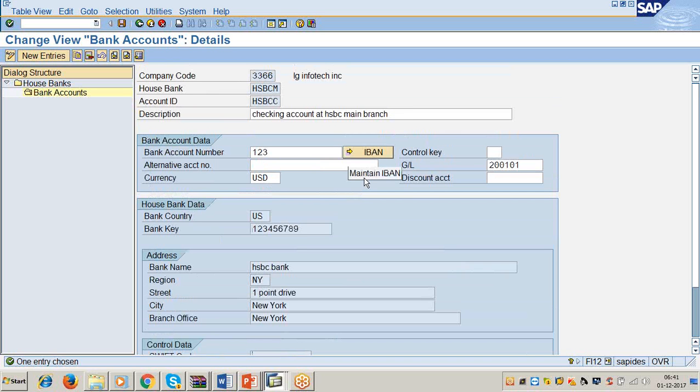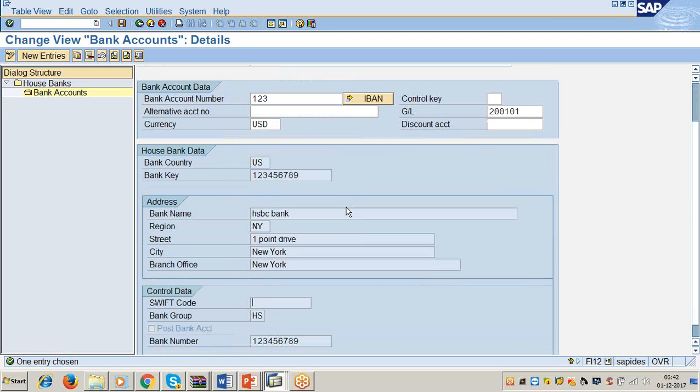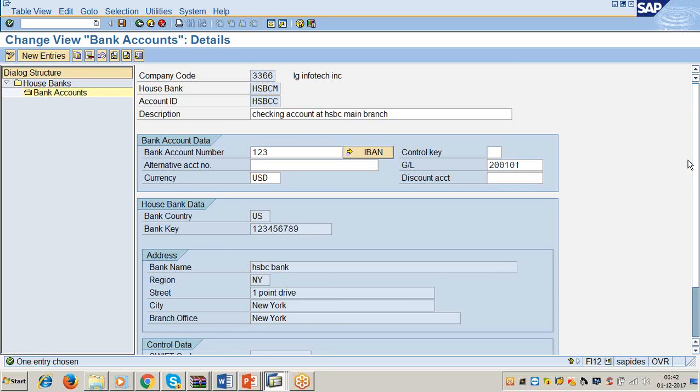In European countries, the IBAN number is used. So you cannot enter the SWIFT code there. If you are configuring for a client from any European country, you cannot maintain the SWIFT code. The system cannot recognize that. Then we have to enter the IBAN number. But in the US and the rest of the world, the SWIFT code is used. That is the difference between IBAN and SWIFT code.